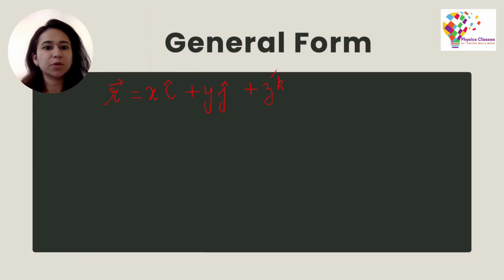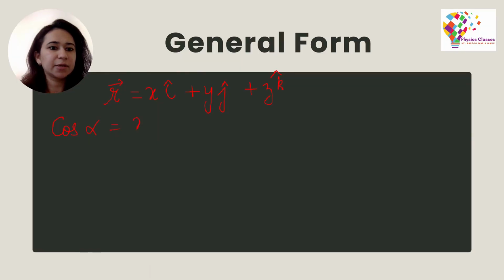If you remember, alpha was the angle made by the vector with the positive x-axis. So cos alpha will be equal to the component of this vector along the x-axis, which we know is going to be equal to x in this particular scenario, divided by the